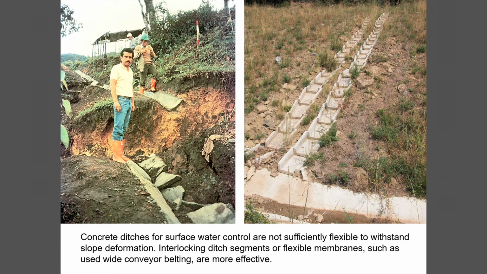And we also have to worry about the surface drainage, because a lot of the water ingress is from stream flow and so on, or rainfall on the top of the slope. And very often I see attempts to put concrete drainage ditches in, which are way too rigid. And as you see on the left, they simply don't work where you have a mobile slope.